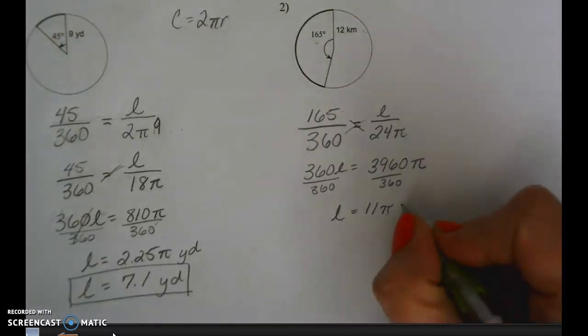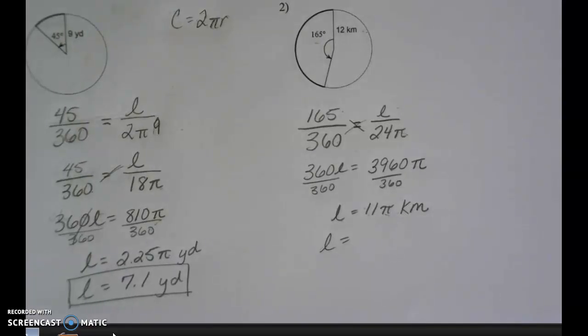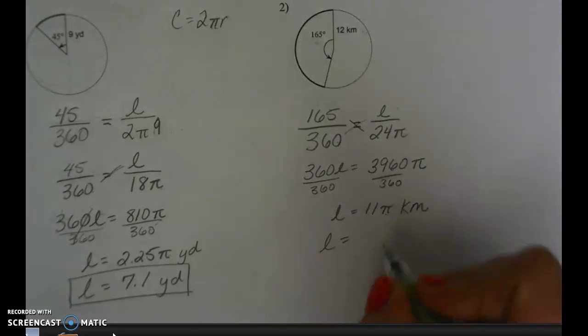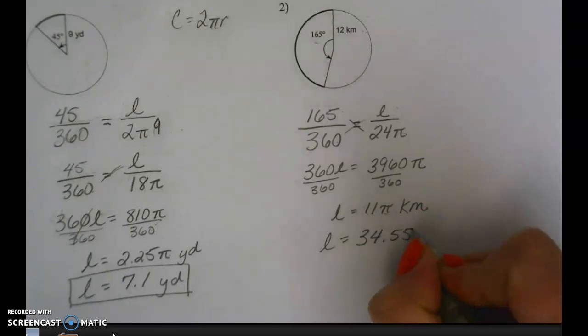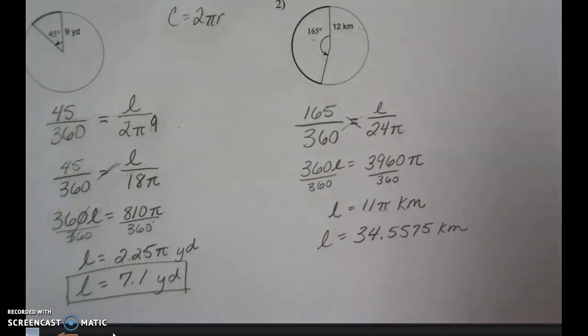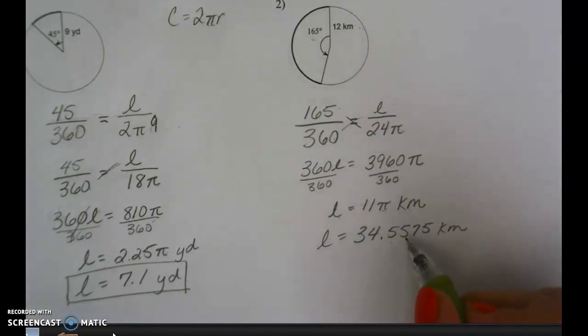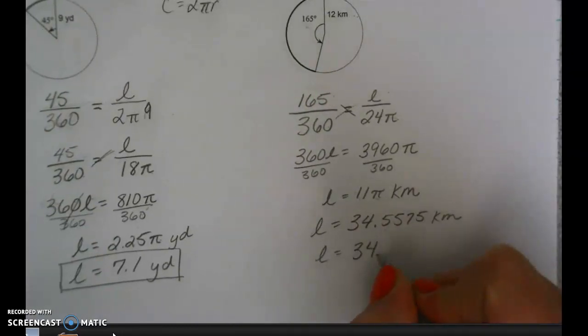They're kilometers. And for the exact decimal answer, I'm going to take 11 times pi, not times 3.14, 11 times using the pi button on my calculator. I get 34. And the answer is 34.5575 kilometers. But for this unit, we're going to go ahead and round to the nearest tenth. So this 5 will round that up to a 6. So the arc length should be 34.6